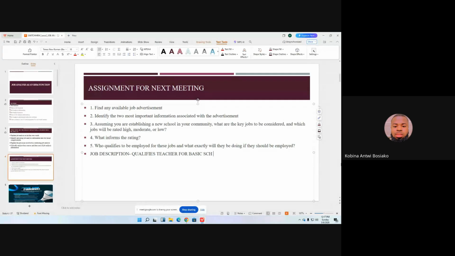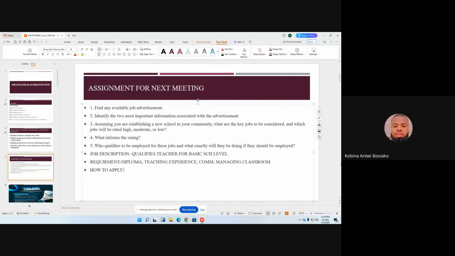And they also give out some requirements: a diploma or degree in education, teaching experience is an advantage, good communication skills, and ability to manage a classroom effectively. They also give the application deadline, which is 30th April 2026, and how to send your CV and application letter